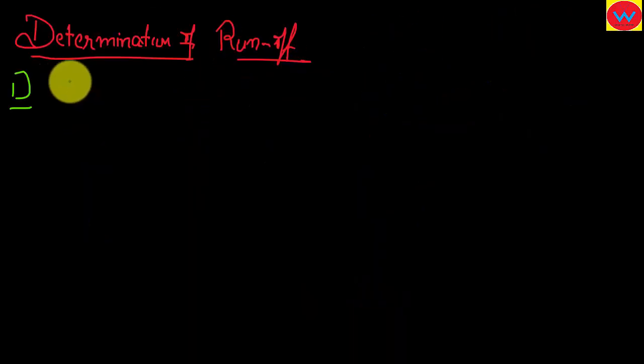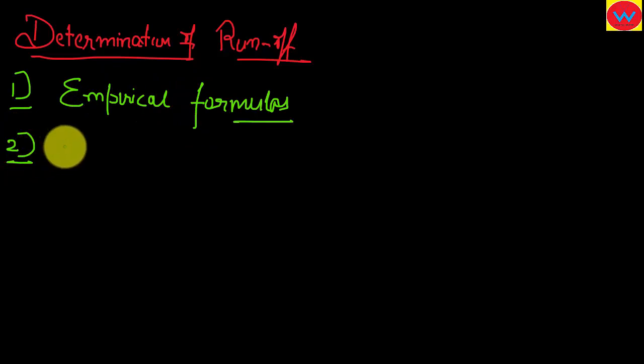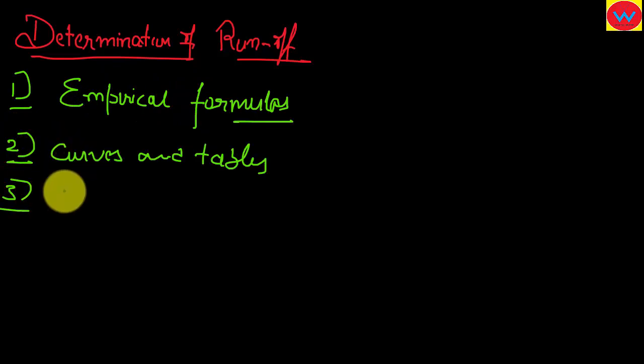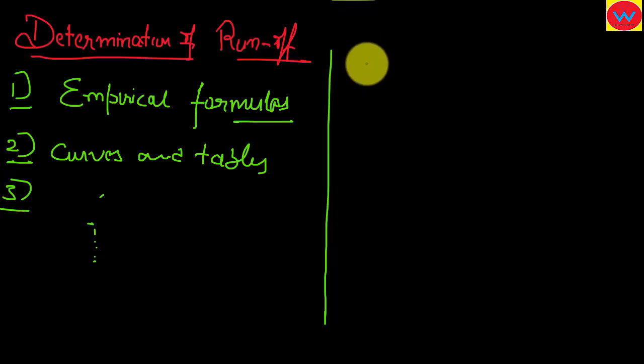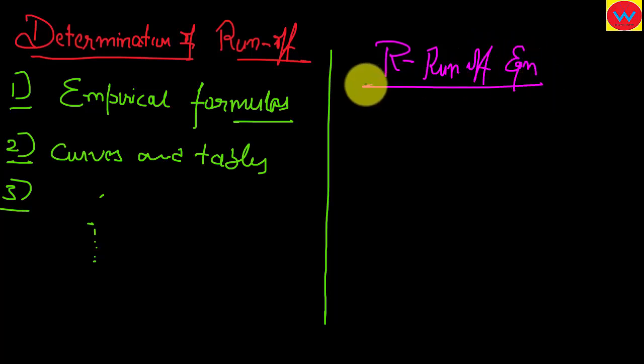How can runoff be determined? We can determine it using empirical formulas, and we can also determine it using curves and tables, from the runoff coefficient method, from the infiltration method, and from water balance. There are a lot of methods for determining runoff, but for our chapter we will be looking at a method of establishing a relationship between rainfall and runoff. It is a rainfall runoff equation, which is basically given like this: